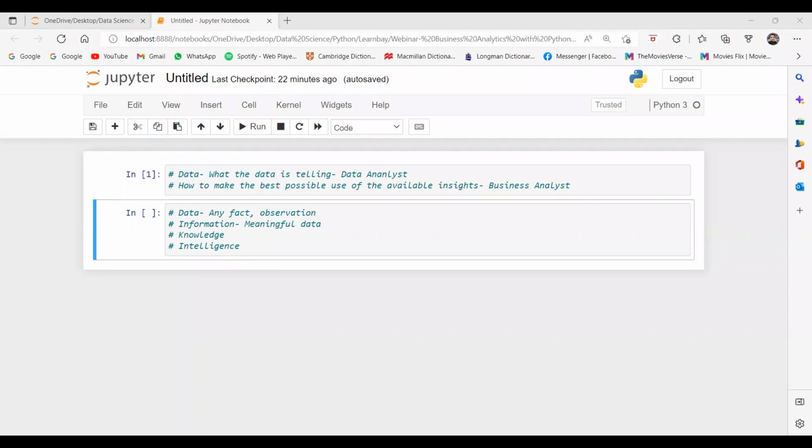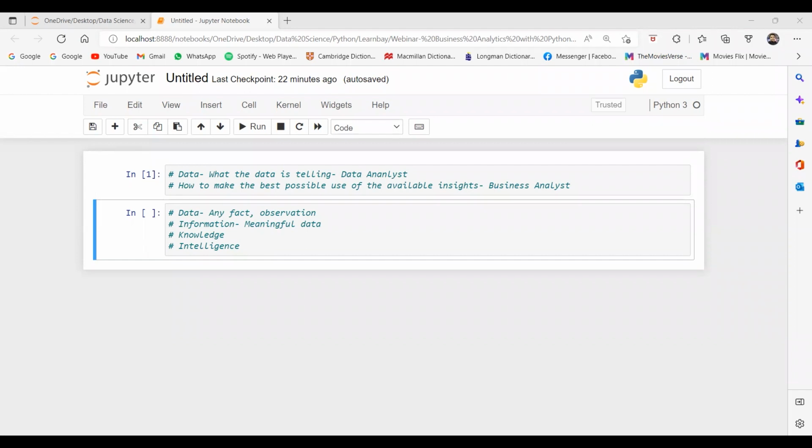So he may ask the data analyst team, give me the information on what is happening to our sales in the last 10 years. Are you getting my point? Tell me what is happening in that particular area to us. Then he will be working with the data analyst and will try to find out the cause behind that. Are you getting my point?